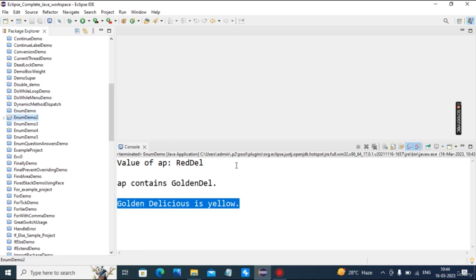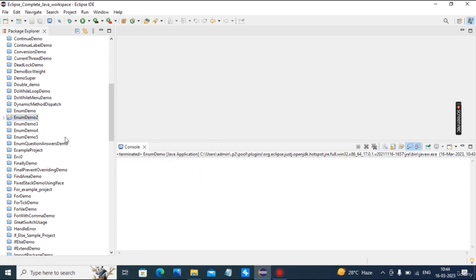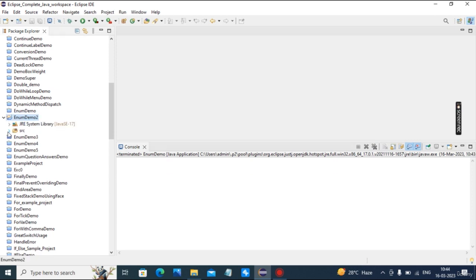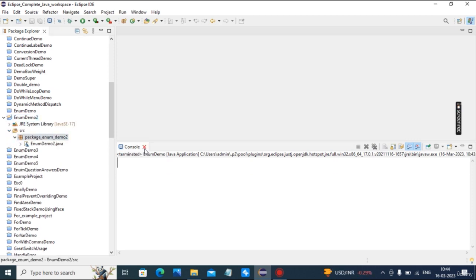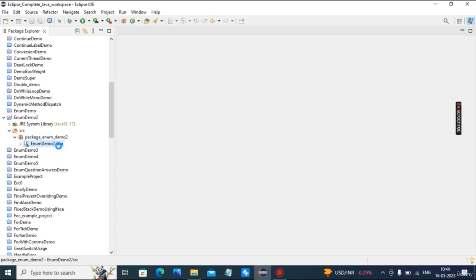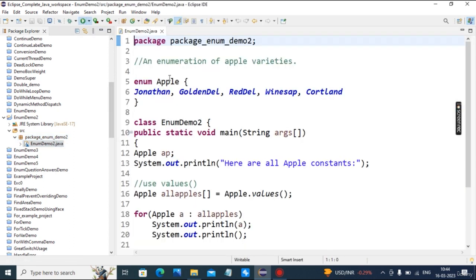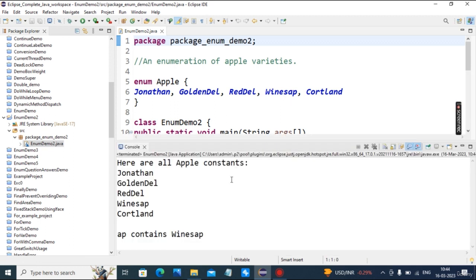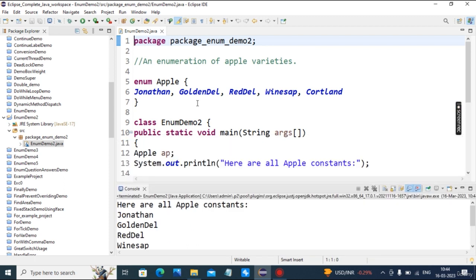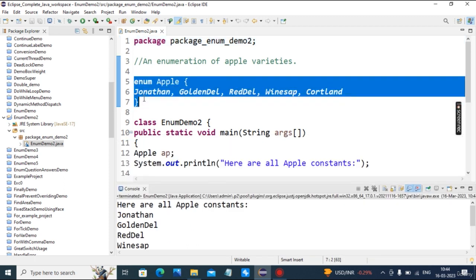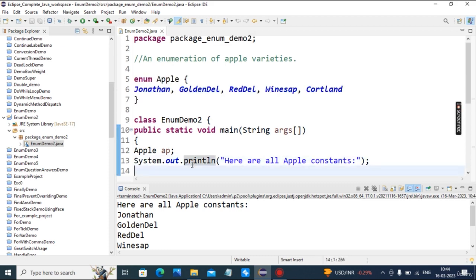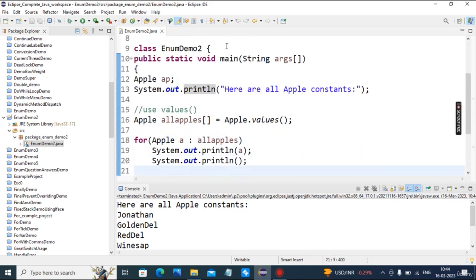Now we will see the second example, enum demo 2. First of all, we will run this. Jonathan, Goldendale, Reddale, so we are iterating through the enum. This is the same enum we have created. Then the Apple object. Here are all Apple constants. Apple.values will be stored in an array, and we will iterate through the array to display